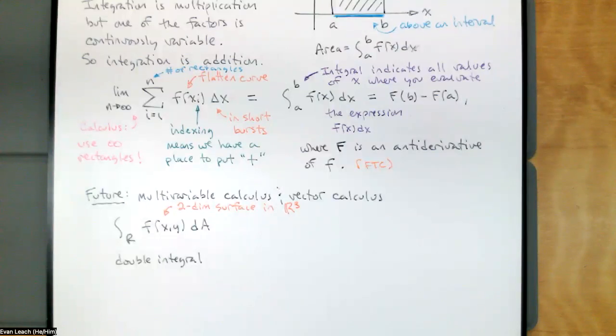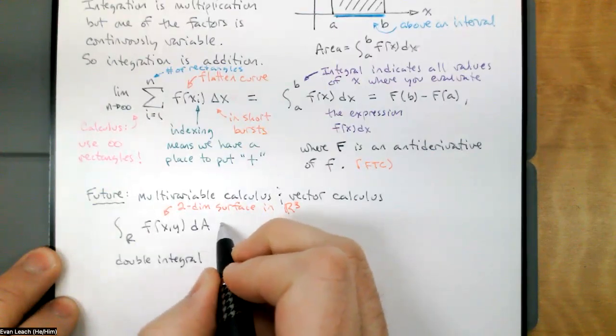The integral of a function of one variable is the area under the curve and above an interval. But if we have a surface, we're not talking about an area. We've got an area on the top. What we're talking about underneath is a volume. So the surface might be the ceiling, and I want the volume under the ceiling and above the floor. And here, this R, that's the floor. So this double integral represents the volume